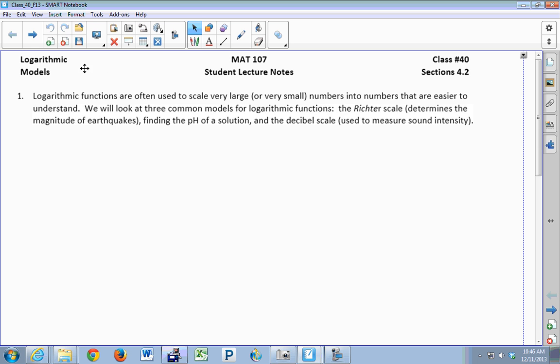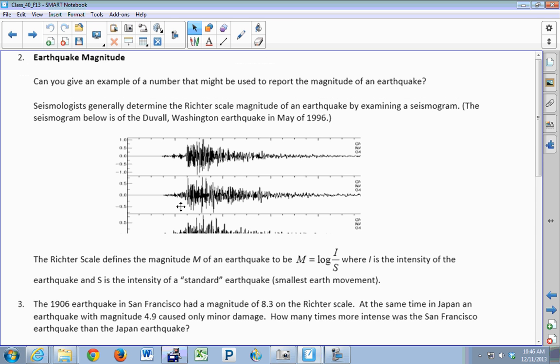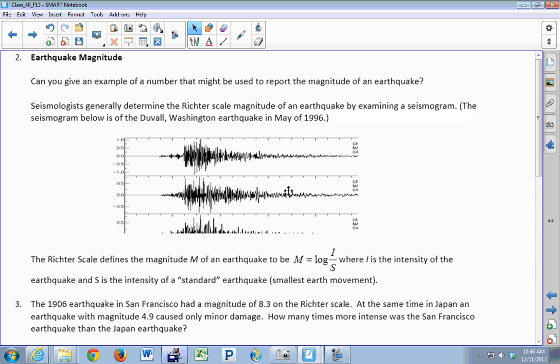Anyway, so let's take a look at a couple of models today. This first example I put together a few years ago. I was doing some research on earthquakes and magnitudes because I knew that it had a log application, and I was reading about